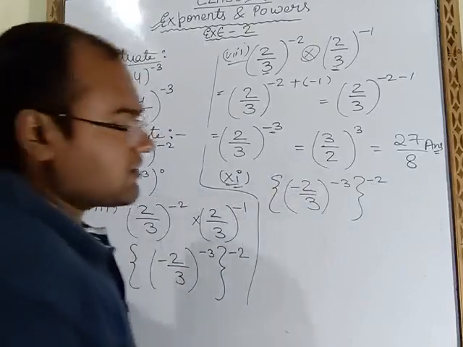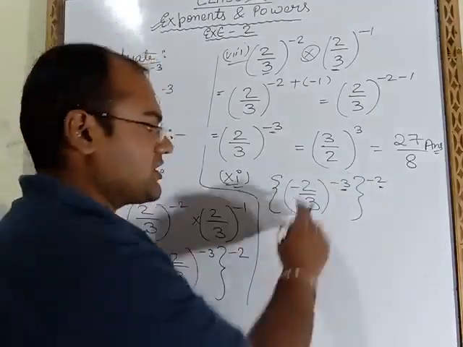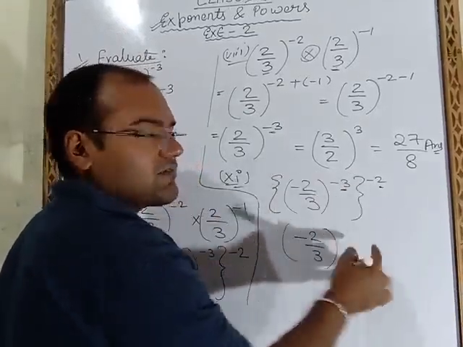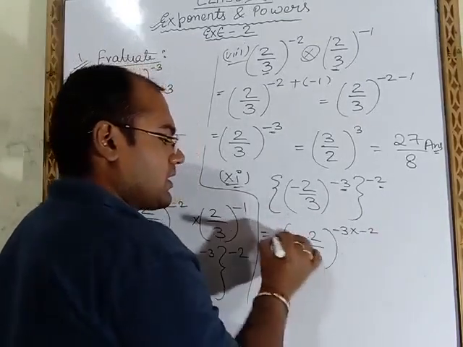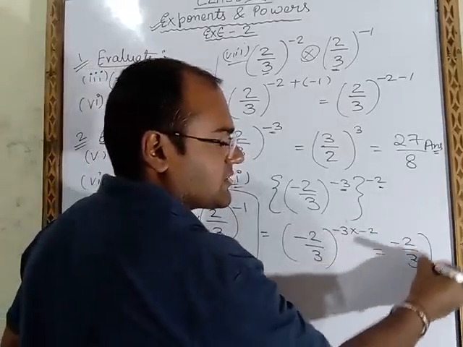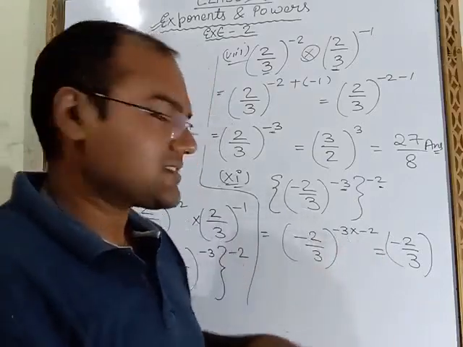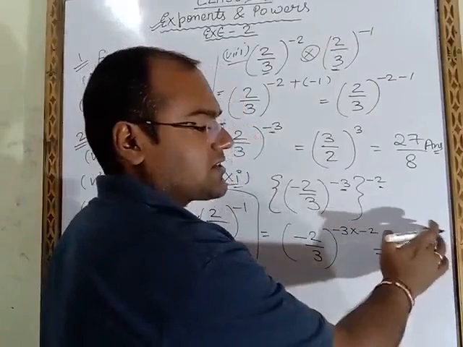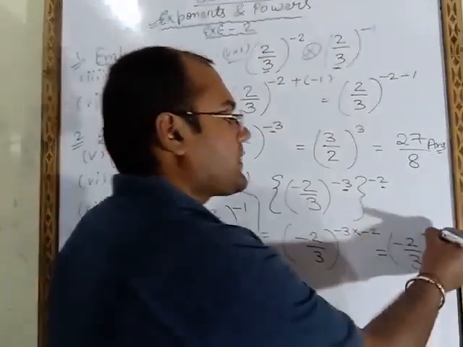So here one power is coming inside and one power is coming outside. So this base we have to write as it is, and these two powers we have to multiply. Minus 3 multiply minus 2. Now next step, 2 minus 2 upon 3 we have to write as it is. Now we have to multiply these two powers. First of all we will multiply sign. Minus multiply minus will become plus, and no need to put plus sign. It is not compulsory to put plus sign. Now 3 into 2 will be 6.